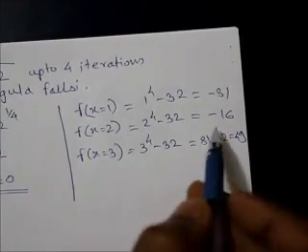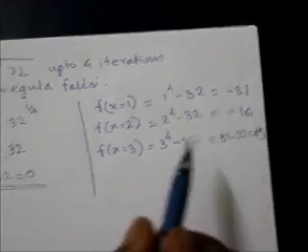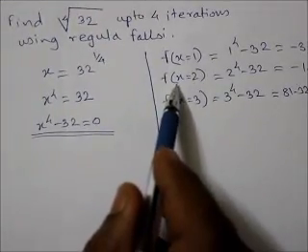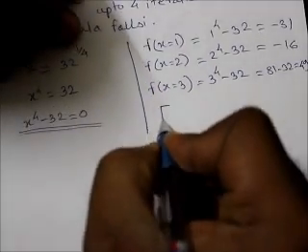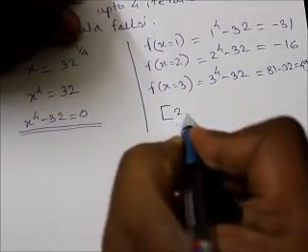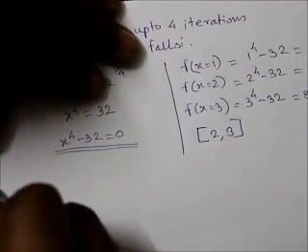Here we can see a sign change has occurred, minus 16 and 49, which means that there is a root between x equal to 2 and x equal to 3. So our interval is 2, 3. Now, for the first iteration,